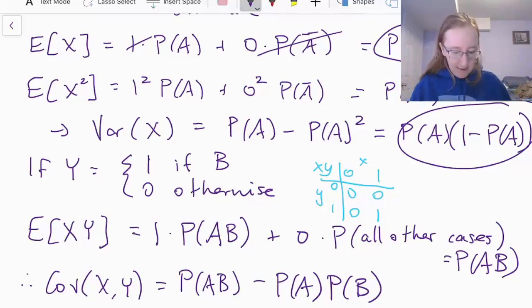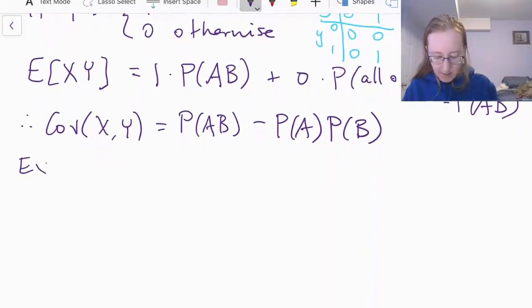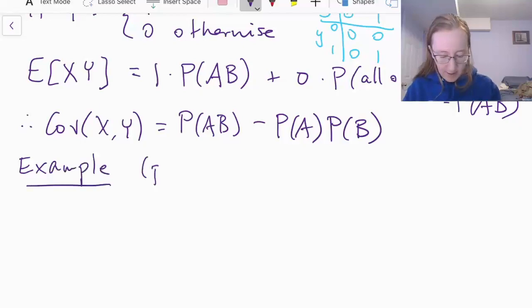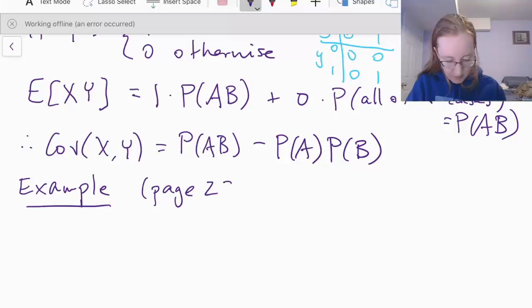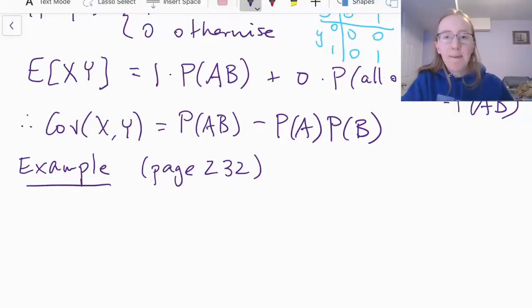In this example, I'll go up here, give us some space. And it is on page 232. What was happening in this example is we have a bunch of envelopes and they're randomly put into letters. Sorry, exactly the opposite of what I said. You have a bunch of letters addressed to N people and you're going to put each one randomly in an envelope,